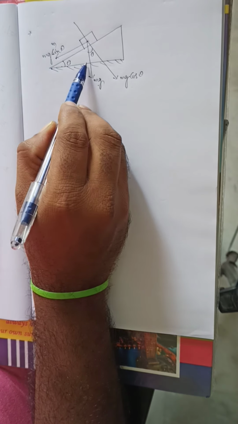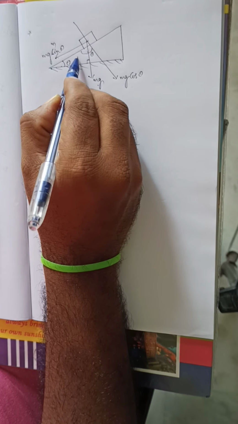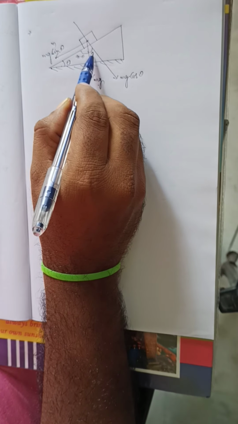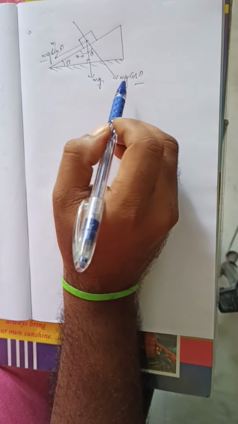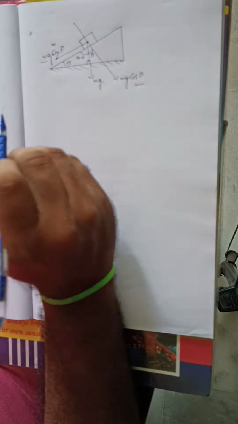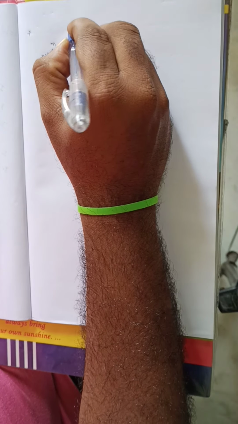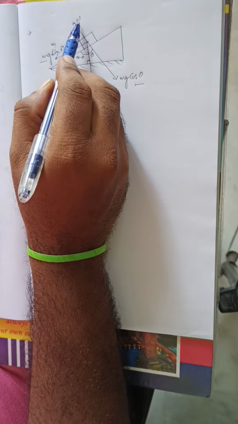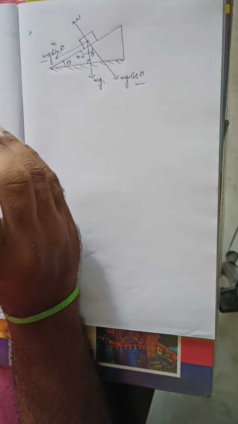If the angle is theta, then the remaining angle is 90 minus theta, since both are at right angle, that's why the remaining angle is equal to theta. So hence mg cos theta and mg sin theta both are the components of weight. Now the question arises like this. This will be the normal reaction. So there is no division of the normal reaction. I am going to resolve only the weight.